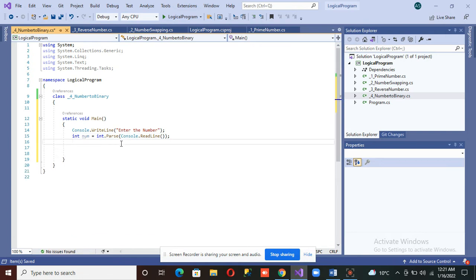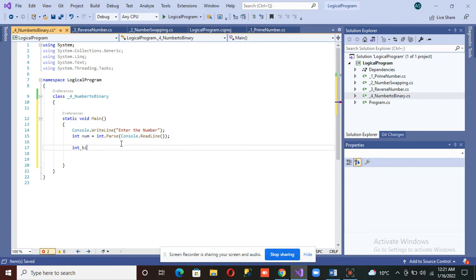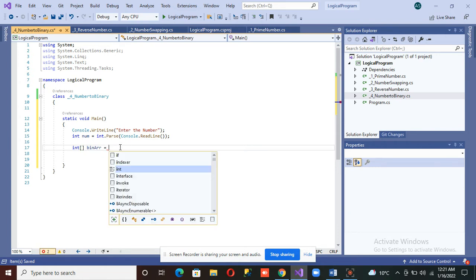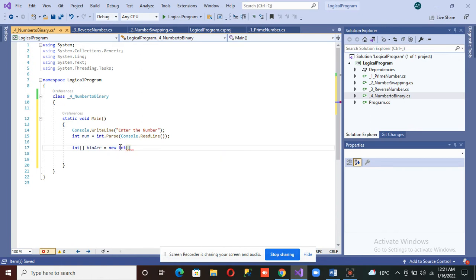Now we need to create an array which is a binary array to store the value. So we need to create an integer array variable, binary, which is given the name, int and size of 16.